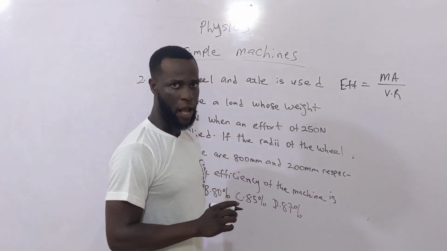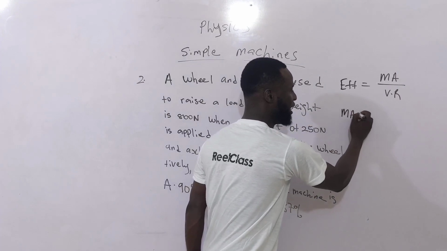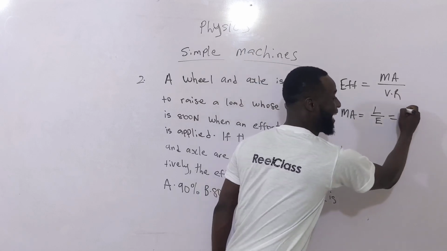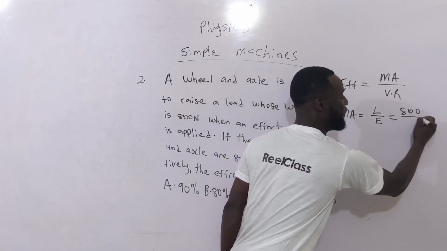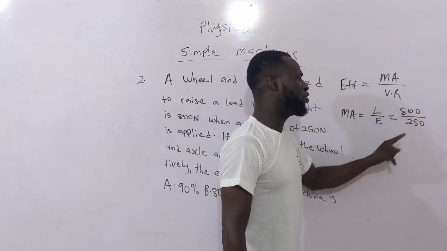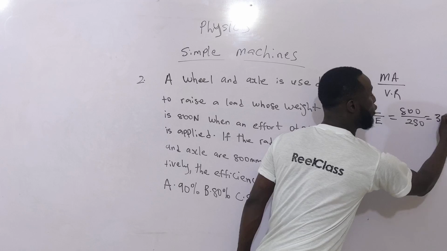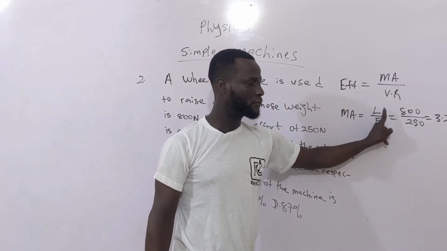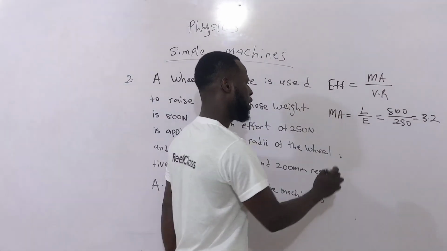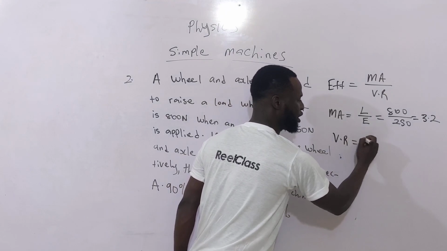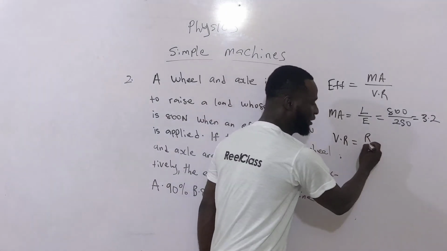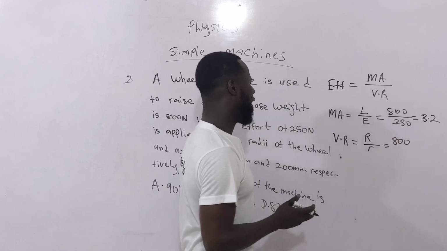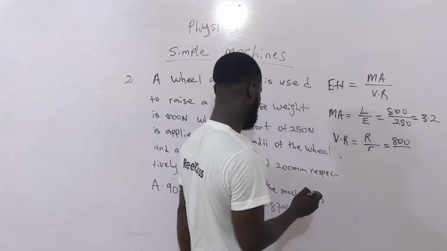What is mechanical advantage? Mechanical advantage is equal to load over effort. And what is load? Load is 800. And what is effort? Effort is 250. If I say 800 divided by 250, I will get 3.2. No units. Why? Load is in Newton and effort is in Newton. What about velocity ratio? Velocity ratio is radius of wheel divided by radius of axle. What is radius of wheel? 800. And what is radius of axle? 200